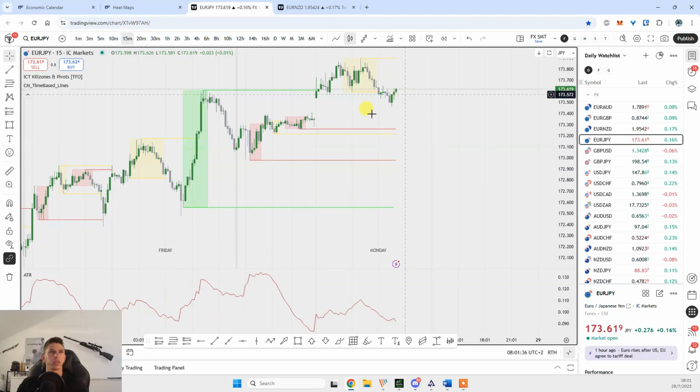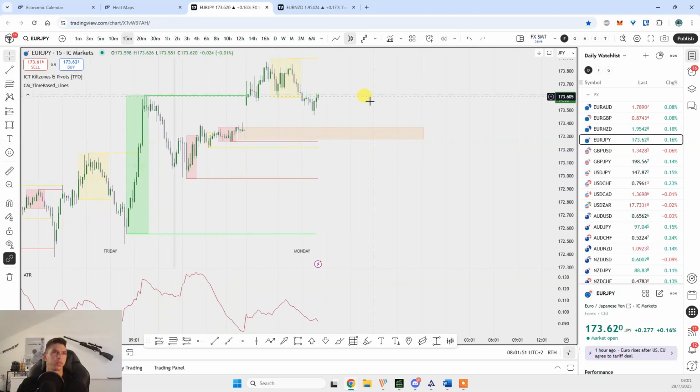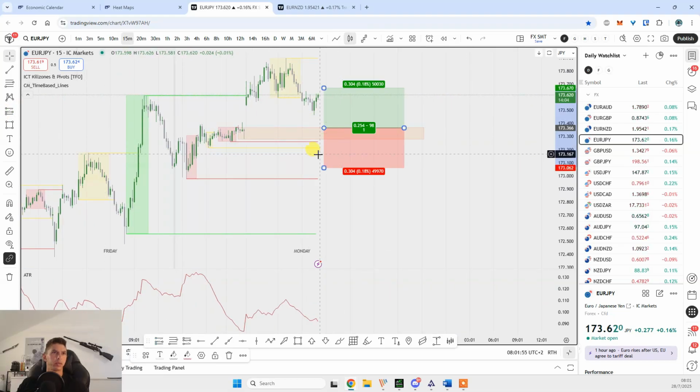So what are we expecting here? We have a gap, right? It hasn't been filled yet. The JPY is like a really traditional asset, so I expect it to get filled before continuing up. So I would set my trade right here. I'm gonna put below